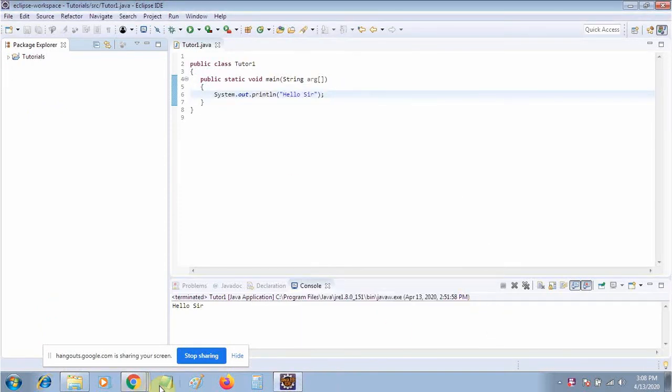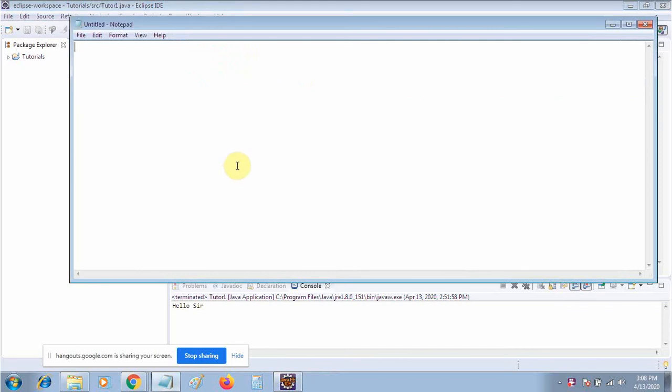So today, basically, this is the second tutorial. In the first tutorial, we discussed what Java is, the history of Java, how the language works, and why it is object oriented. We have already discussed all this in my previous tutorial. This is the second tutorial, where we will discuss object, class, and method,